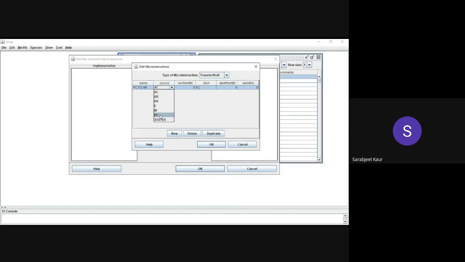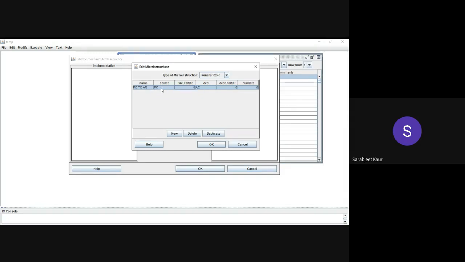PC. These are the registers, mind you, that we had made last time, and they are now visible to me in this drop down. Okay, so PC. Then I need to specify the start bit